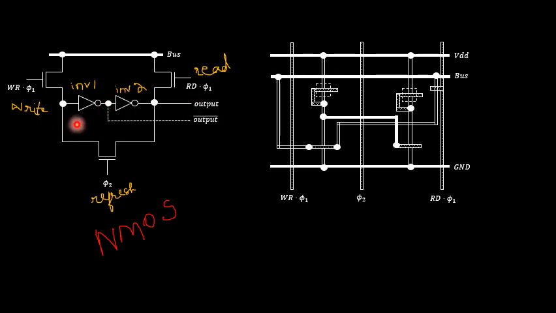Say now I am performing the write operation. If I want to perform the write operation, I will be asserting this write.phi1 signal as equal to 1, so that this particular transistor is turned on. Suppose the bus is carrying a signal of logical 1 state. This transistor has turned on, so it will be behaving like a closed switch now. The bus is having 1, so obviously it will be carried as 1 towards the switch terminal, and since the switch is closed, 1